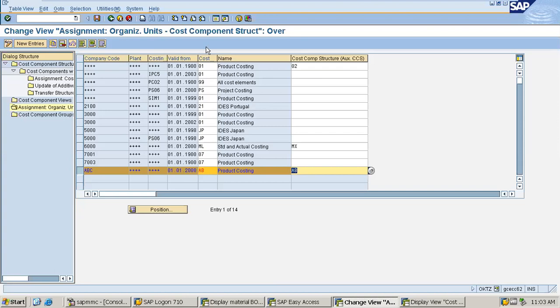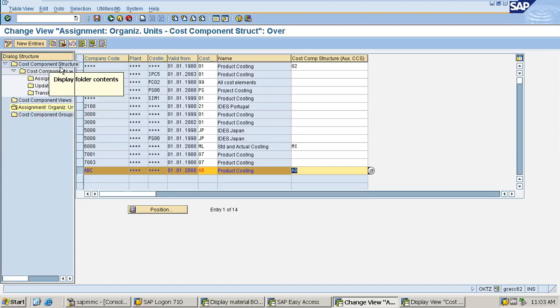So my cost component structure AB has been assigned with company code, plant and costing variant. So this is what the assignment is. So you have to assign your cost component structure with your company code, plant and costing variant. So that is done, and then